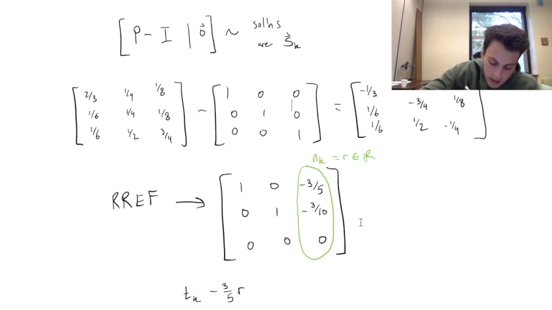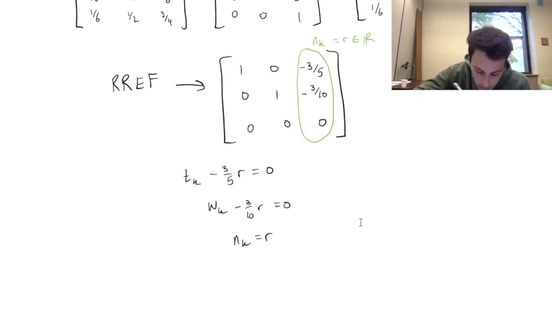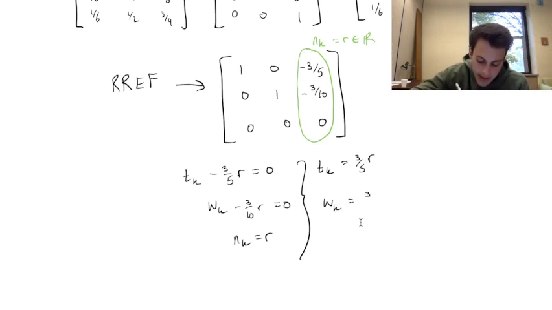We've got wk minus 3/10 r is equal to 0. And we've got, of course, nk is equal to r. So if tk is equal to 3/5 r, wk is equal to 3/10 r, and nk is equal to r,